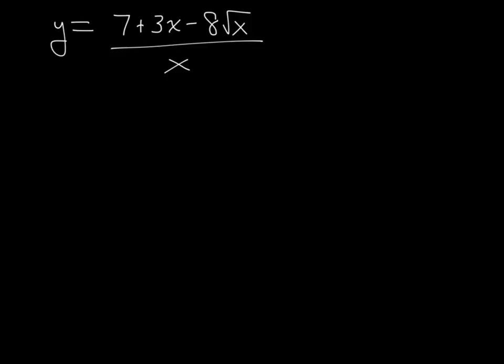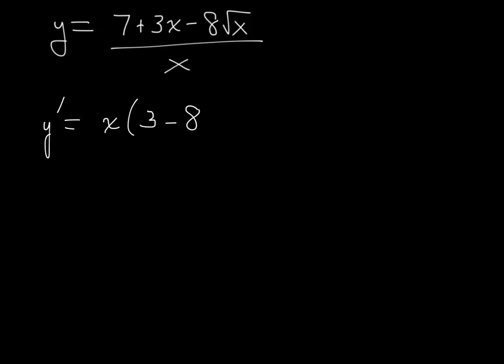Alright, I'm going to work this one out, and in fact I'm going to show you two different ways of doing it. One way, of course, that you probably think of immediately is the quotient rule, where the quotient rule says take the derivative of the top times leave the bottom alone. So I'm going to leave the bottom alone times the derivative of the top, which would be 3 minus 8,